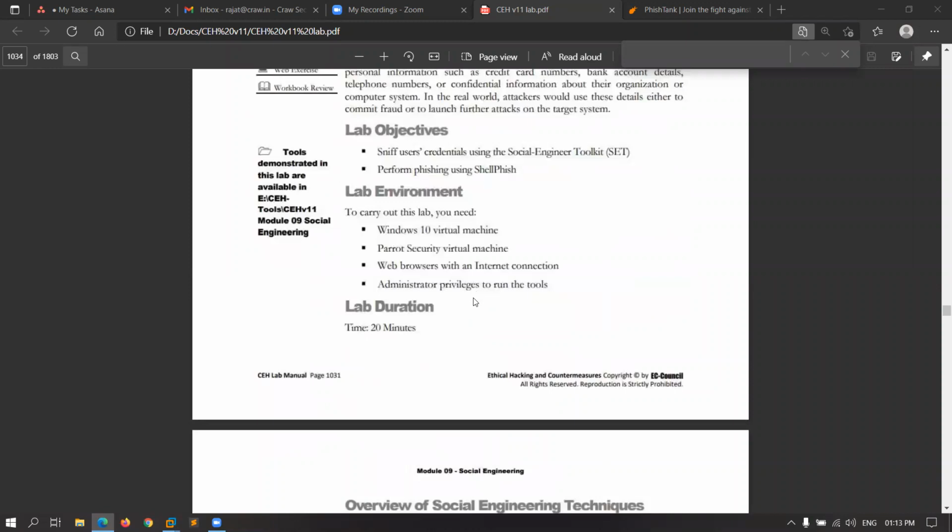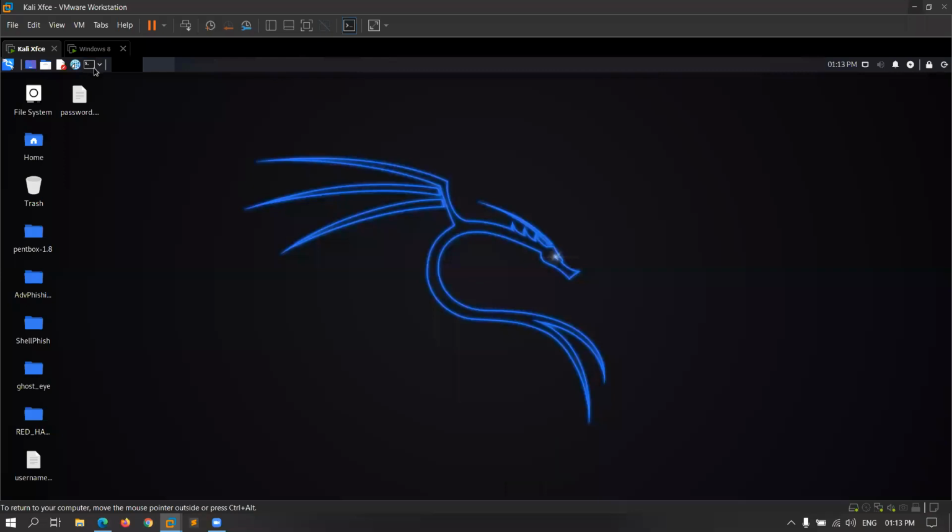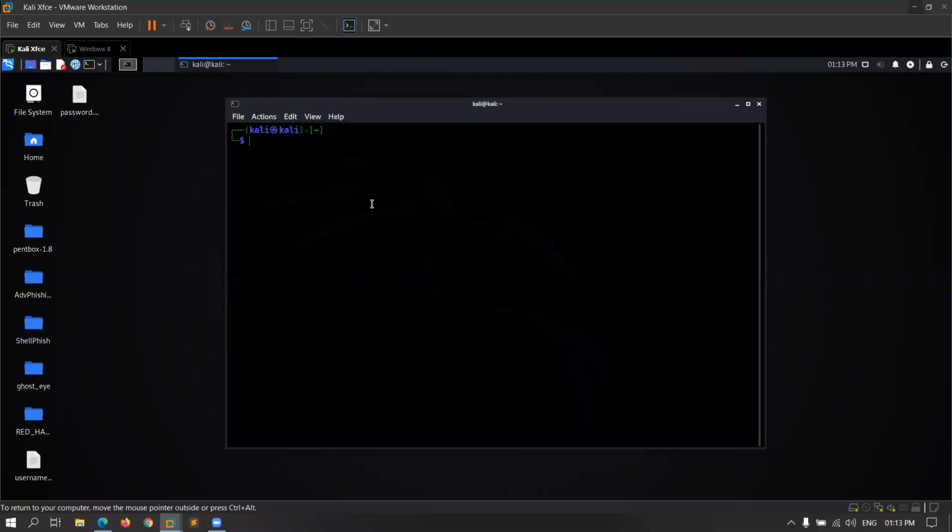So we are going to use a tool which is the social engineering toolkit, and let me show you. I am in my Kali, and we have a tool which is SE toolkit. In brief, it is SE toolkit, and in full, social engineering toolkit.